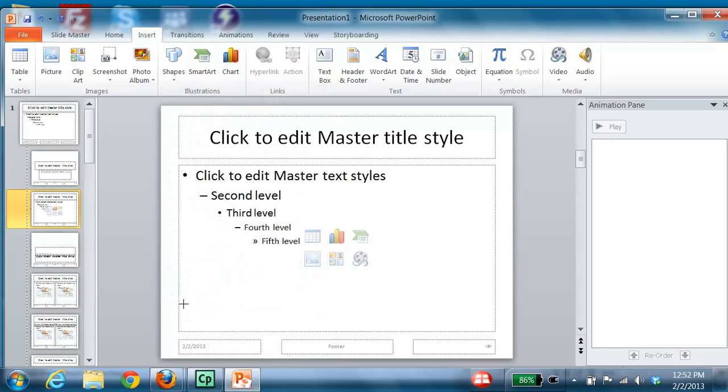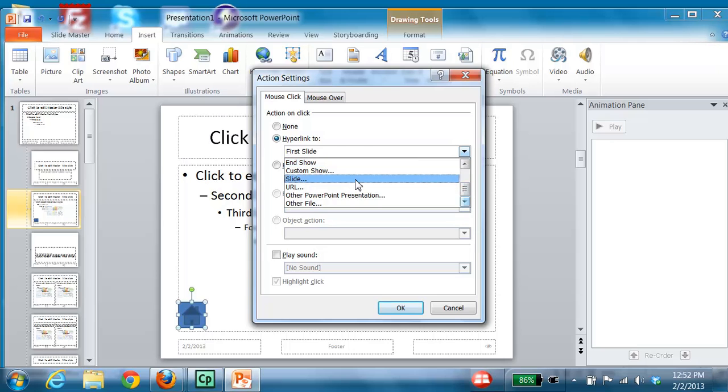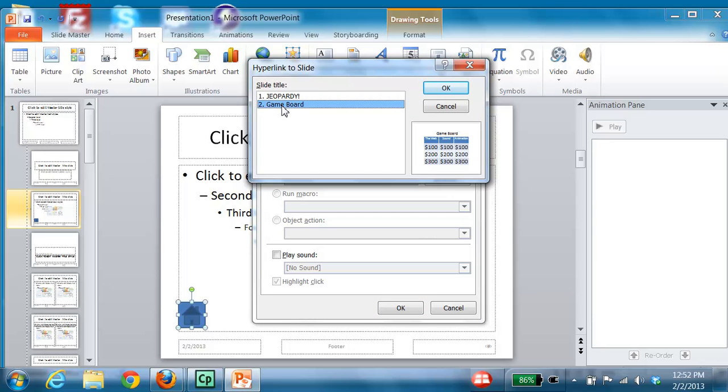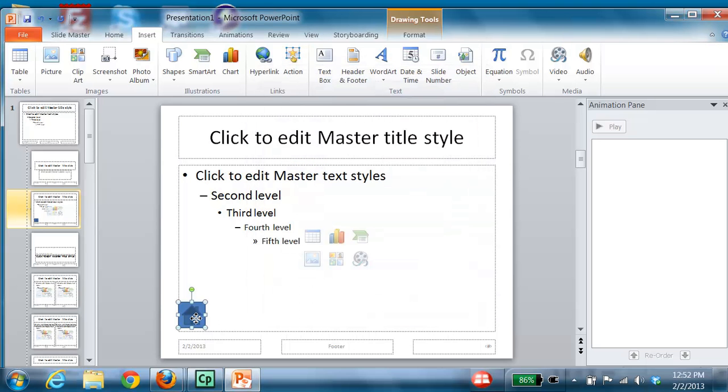And we're just going to go to the bottom left and click and drag. And if you hold the shift button, it'll give you a perfect square, whatever size you want. It's going to pop up a little button that says hyperlink to, and you're going to click that, and we're going to scroll down and click slide and choose game board. Press OK and OK, and I'll slide this down a little bit more to try to align it with that little square, with this kind of box,